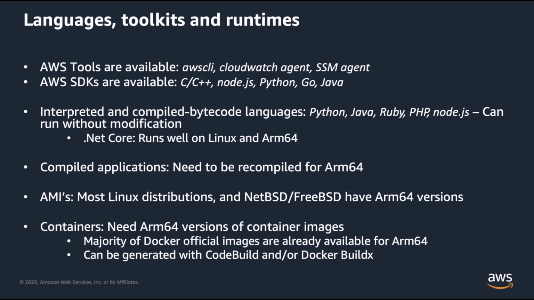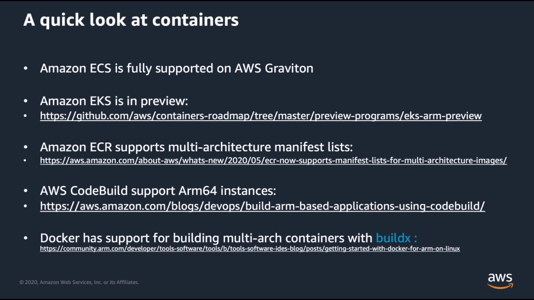In terms of Amazon machine images, as we've seen, most of the Linux distributions are available, and even NetBSD and FreeBSD have ARM64 versions. There are no Windows AMIs available though, as there is no commercially available version of Windows Server for ARM64. And if we look at running containers,